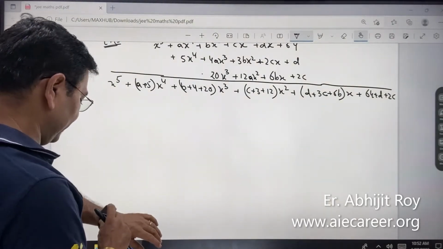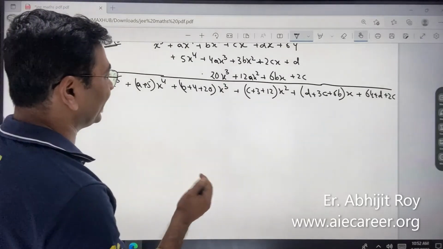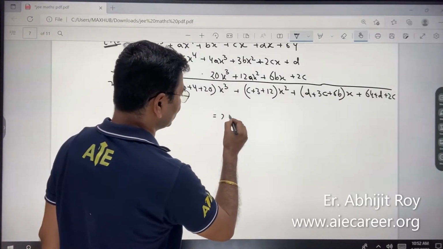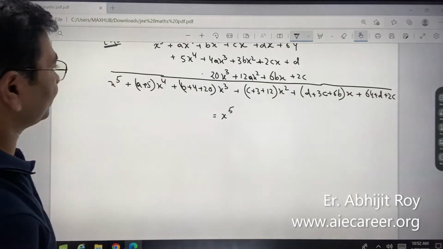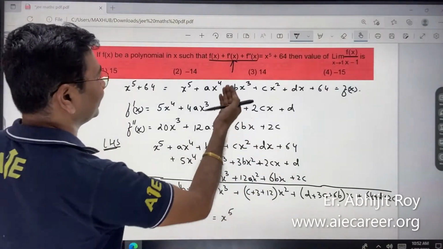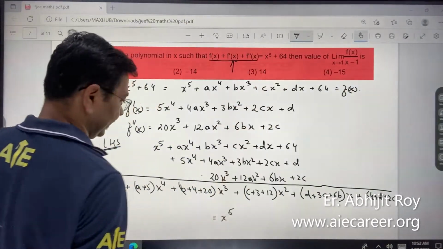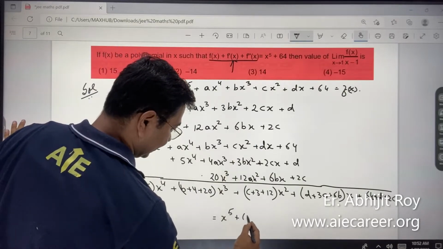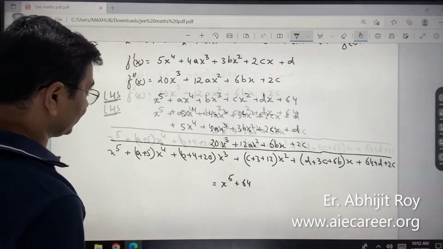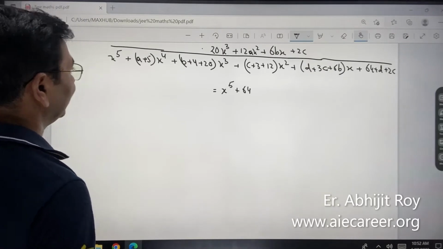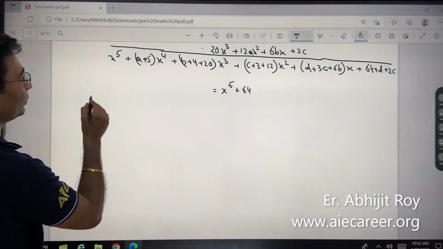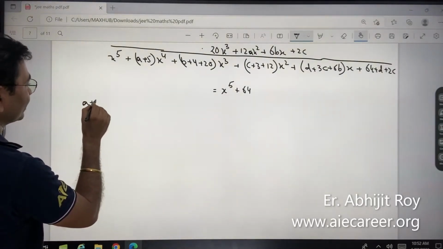now the next step is क्या करेंगे हम, अब हम इसको कंपेयर करेंगे किसके साथ. I have got x to the power 5, it is given on the right hand side, plus 64 only. So I have all the coefficients. Let us compare the coefficients, and if you see that comparison, you will find your a plus 5 is equal